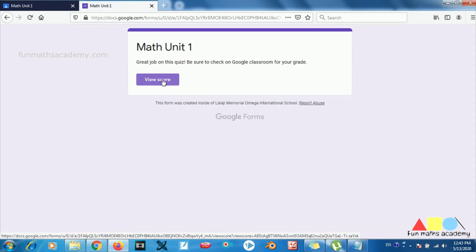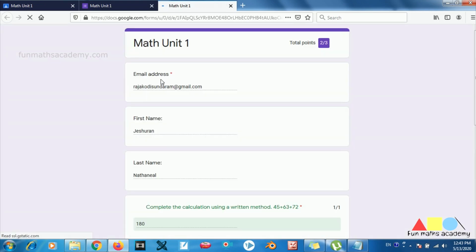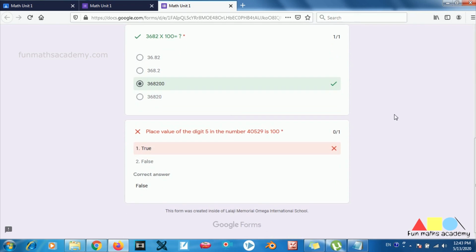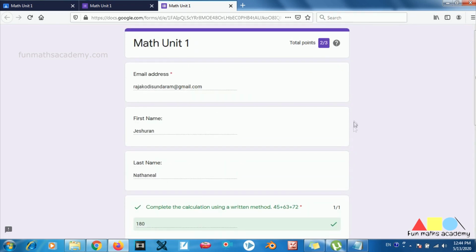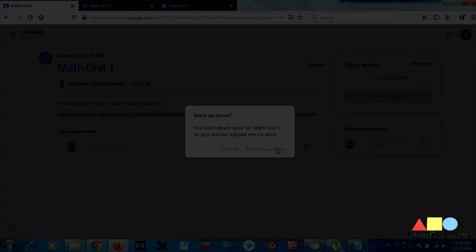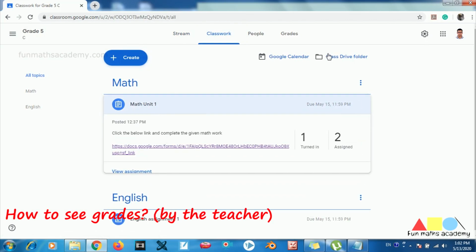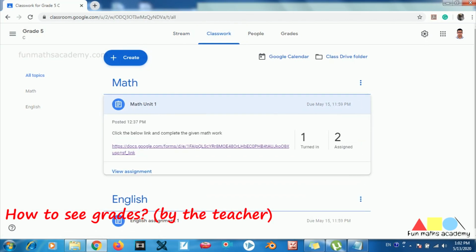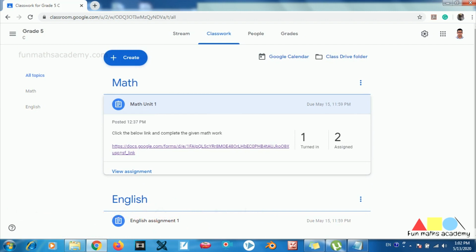And once they submit, the student can immediately check their score. Now to let the teacher know that you completed the quiz, the student must click Mark as done. Now it's not necessary that the teacher should correct the test. They must check the student's grade and just update it in Google Classroom.